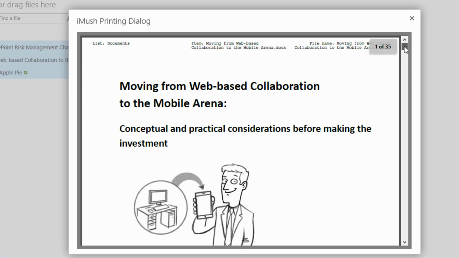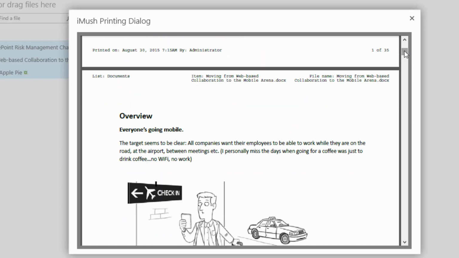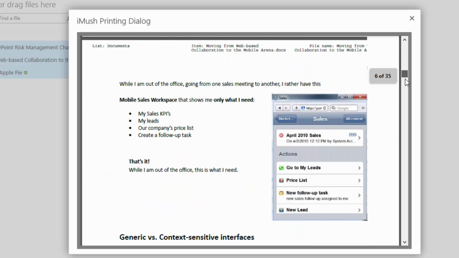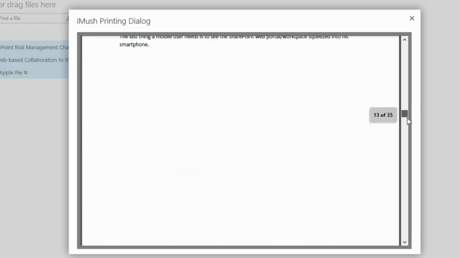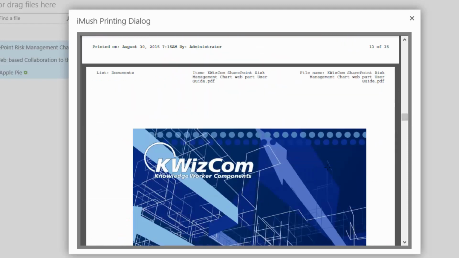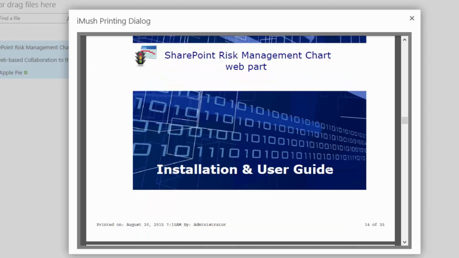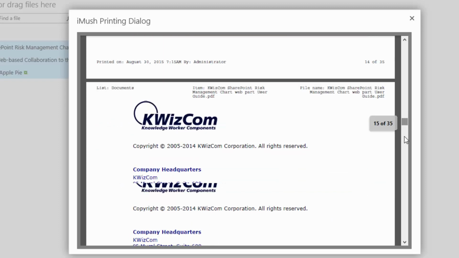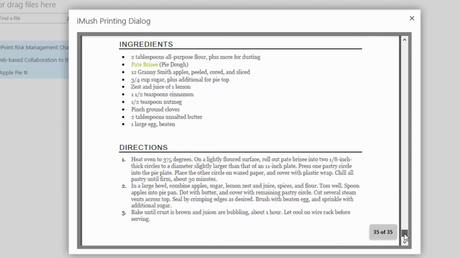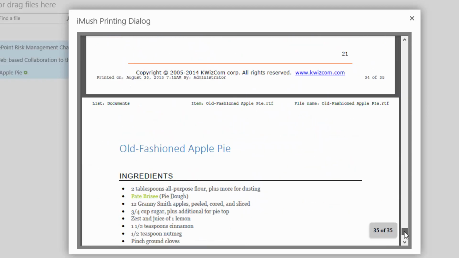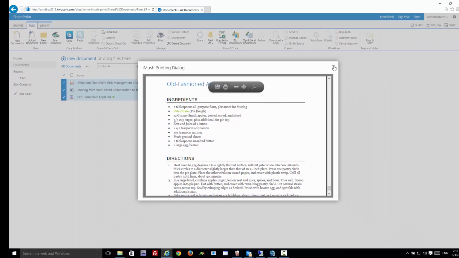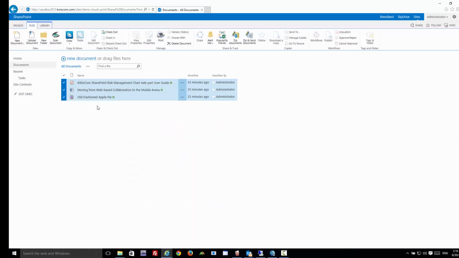As you can see, the consolidated document now has more pages because it's the sum of all the documents. So this is the first document, and this is the second user guide here, and finally we have our final document, which is an RTF document. This is an apple pie recipe. So here we printed three types of document: a PDF, a Word document, and an RTF document, and merged them